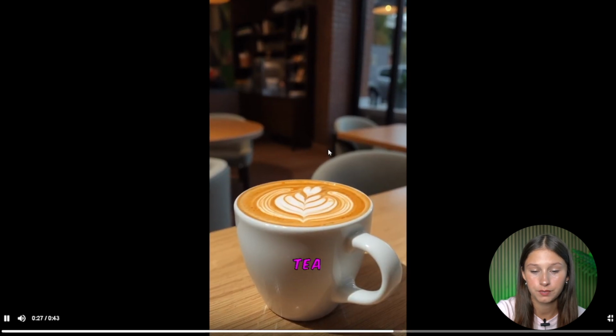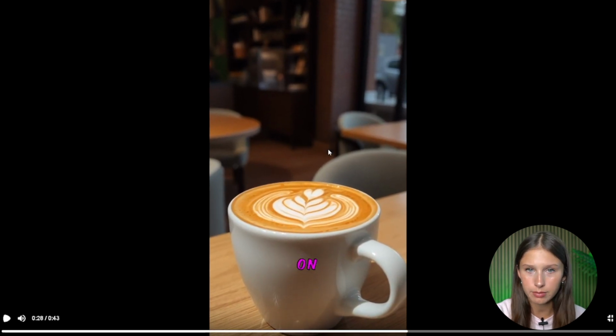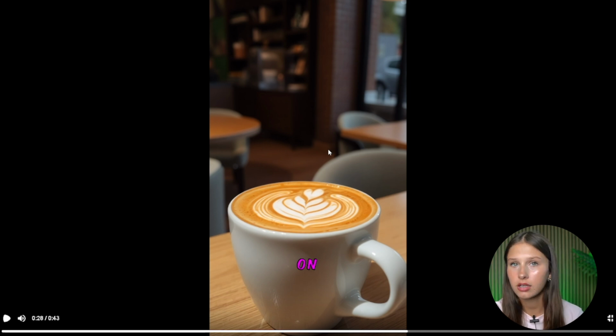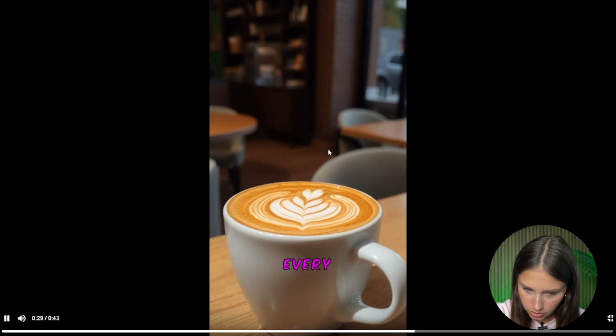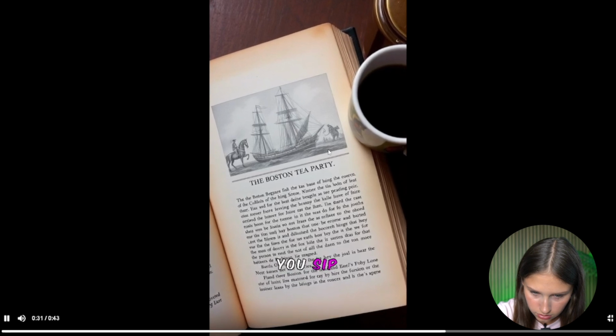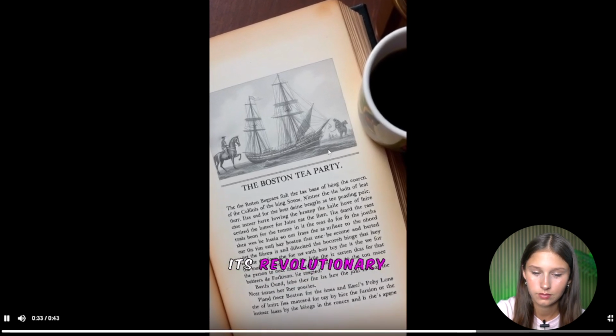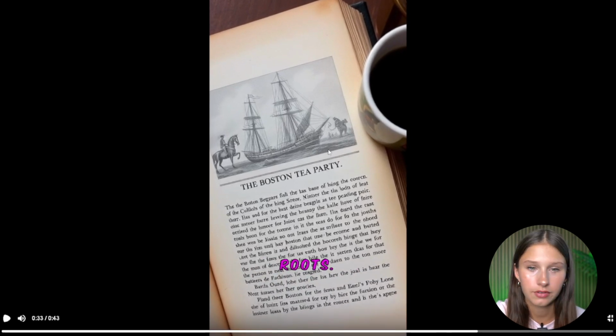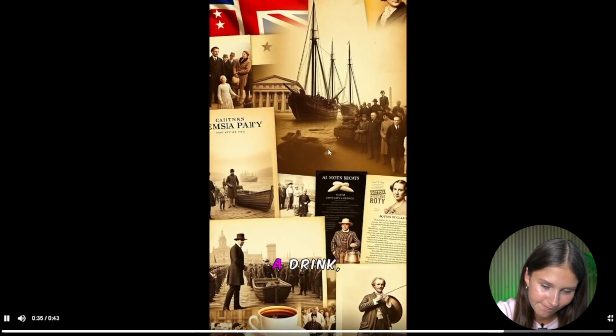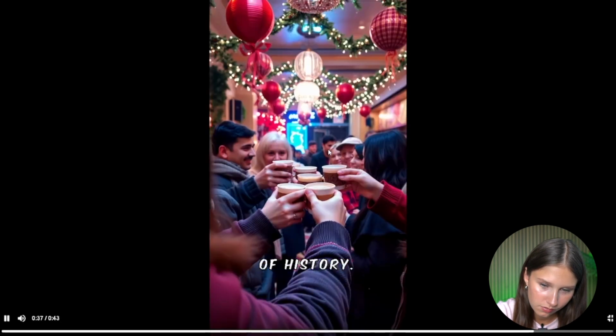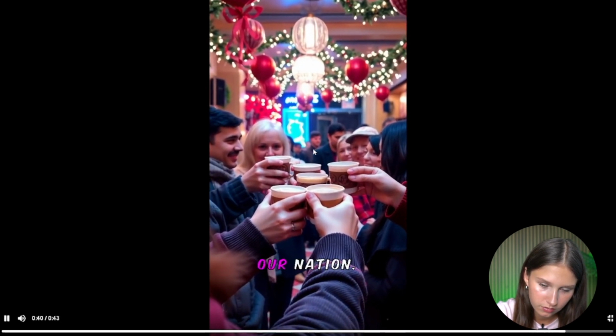The legacy of the Boston Tea Party lives I love the smell of coffee, but I do not like actually drinking coffee. I'm a matcha girly forever. on in every cup. So next time you sip coffee, remember its revolutionary Remember it, guys. Never forget. roots. It's more than just a drink, it's a part of history. Celebrate the bold choices that shaped our nation.